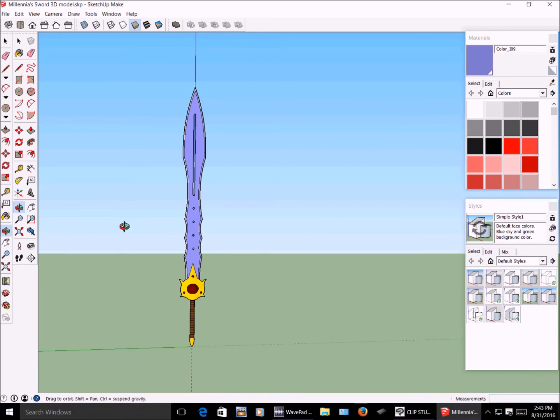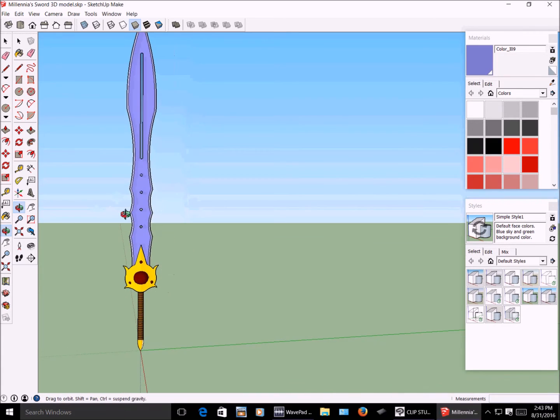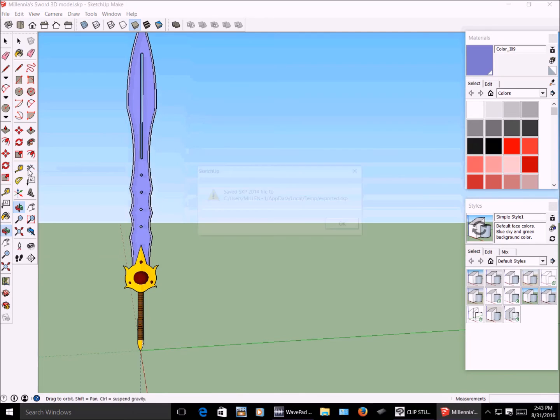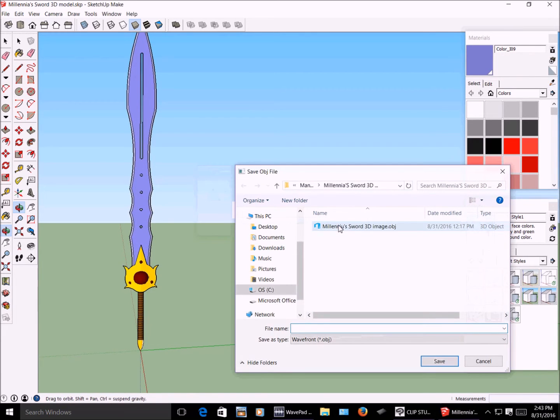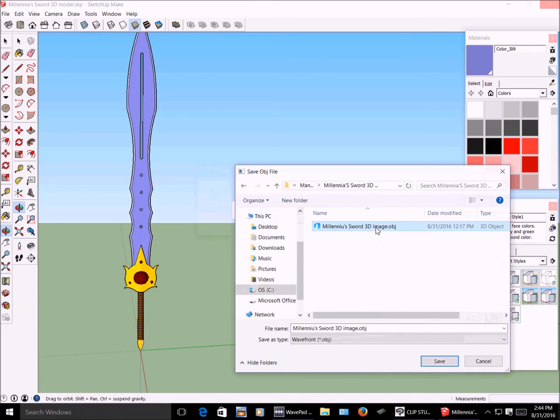So now that that's done, let's convert the file. So we'll go to File, Lipid OBJ Exporter. Save it in a temporary location in your computer. Don't worry about that. Press OK. I already had it done before, but just wanted to show you that I put it in its own file to make sure it's exactly where I needed it. I just named it whatever you want. There's the OBJ format that we're looking for. We'll press save.